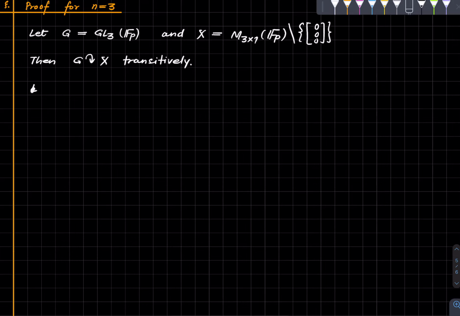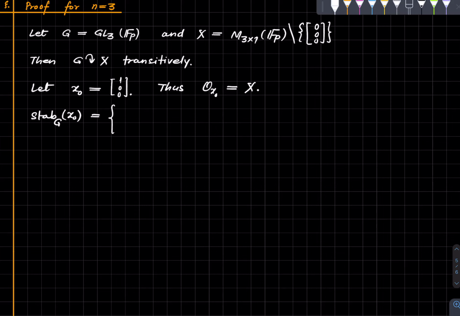And in fact, let x naught be this particular guy. Thus, since it is a transitive action, the orbit of x naught is everything. Now, what is the stabilizer of x naught? So the stabilizer of x naught